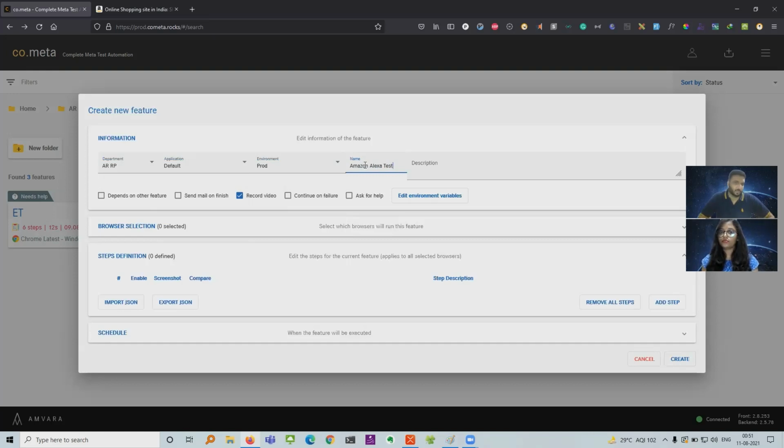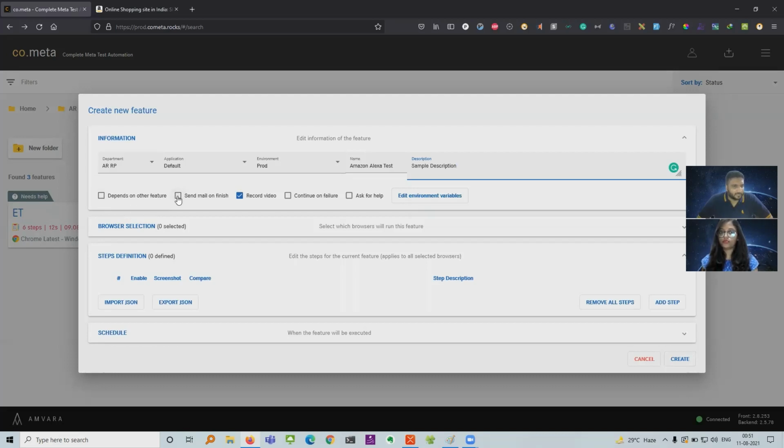We'll use it to search for the Alexa product, and add some sample description that you want to give for your test. Then if your test or feature depends on some other feature, you can check this and pass that, but that's not the case for us.